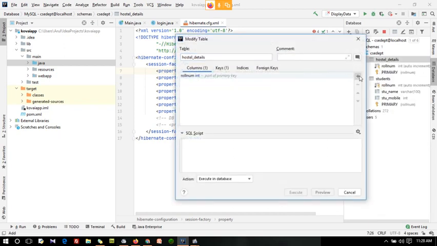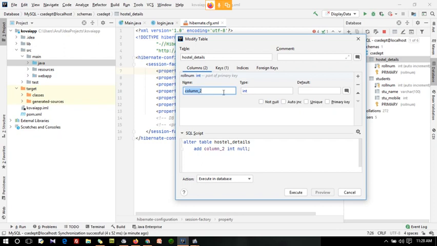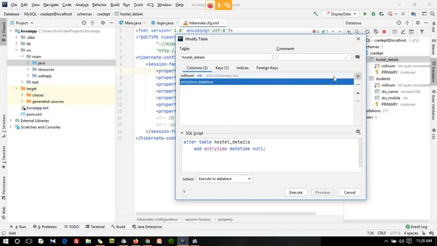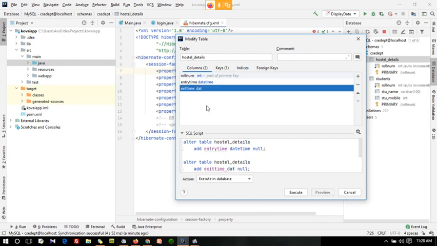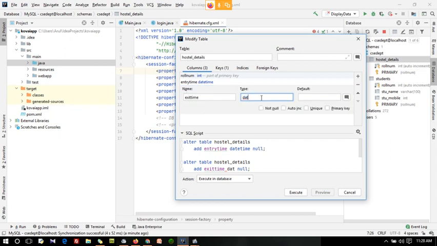In this modify table you can add, like, entry time, choose date and time, and exit time, date time. So that's it.